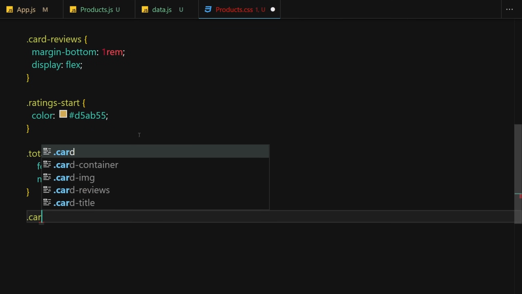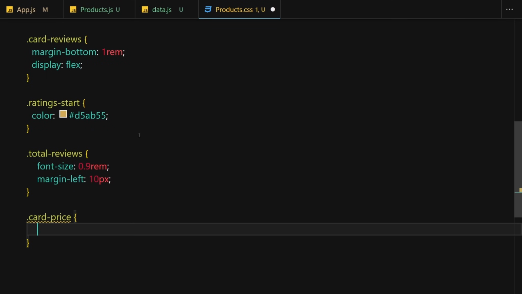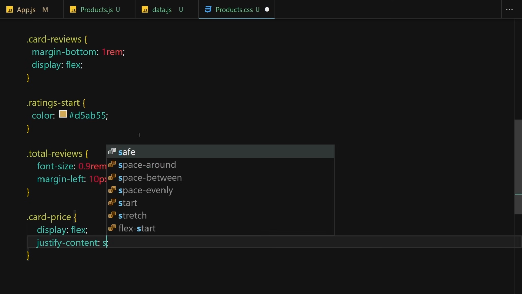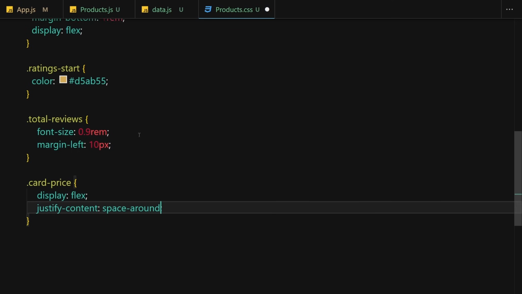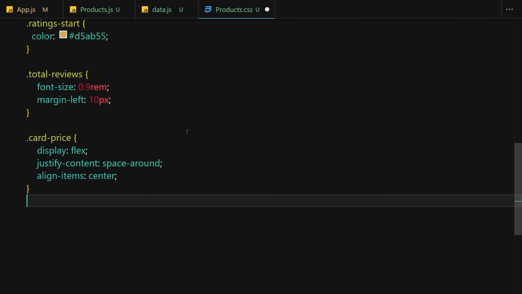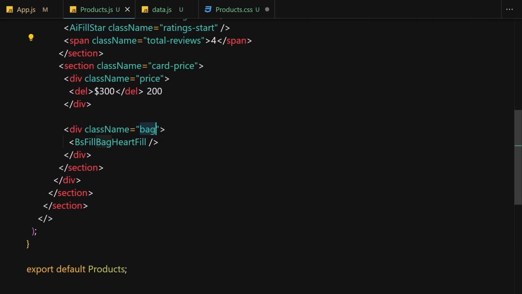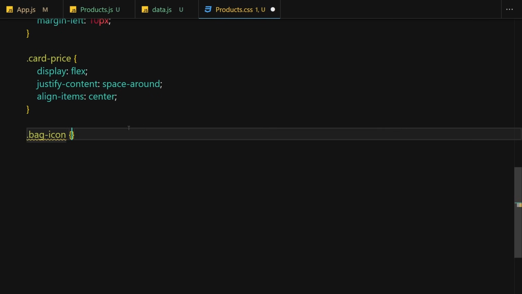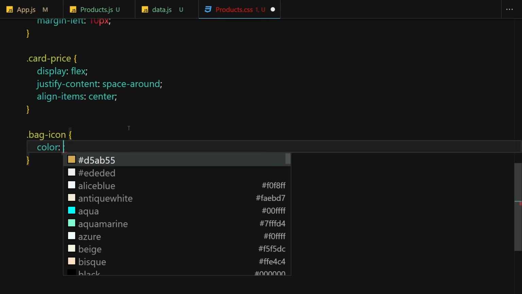Okay, so then I'm going to just write card price, and display will be totally flex, and justify content will be now set to space around, and align items will be now set to center. Okay, so finally we have to take care of this bag. Not this bag, but let me just provide a class of bag icon, or icon, just a singular. I'm going to save this file, and we have to get that icon right here, and we just have to provide a color of